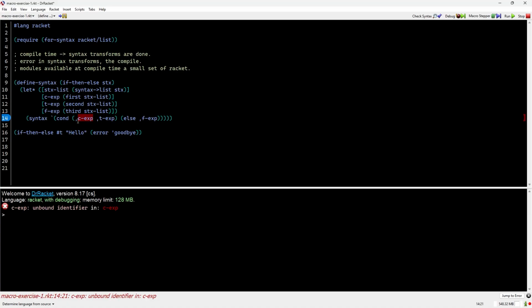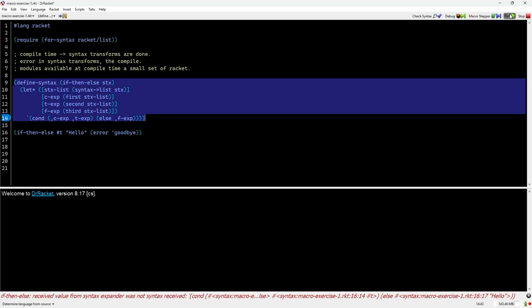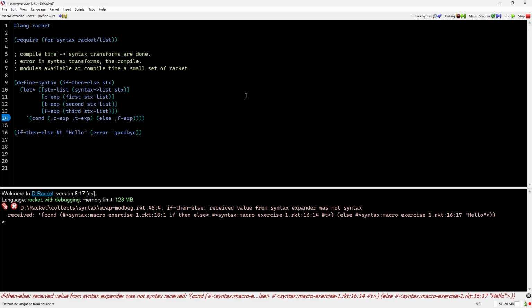And here it's like, well, I don't know. Once I did this, it said, I don't know what the C expression is, the T expression is, or the F expression is. Those are not available. Don't know what those mean. And so I was like, well, let me double check. Is it really because of that? Let me take a look. And sure enough, it does seem to be like, okay, that is not there. So